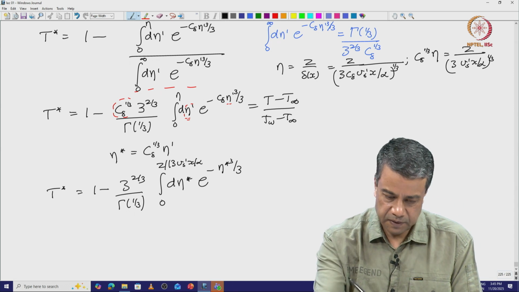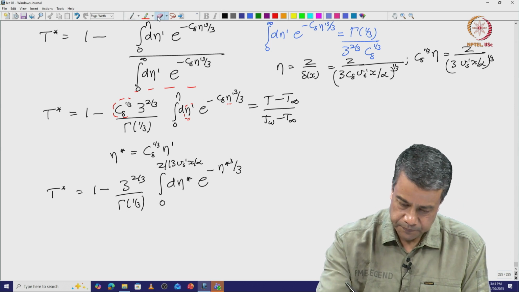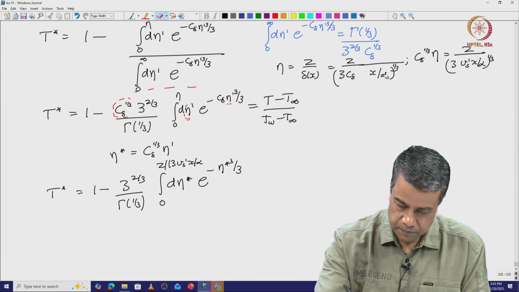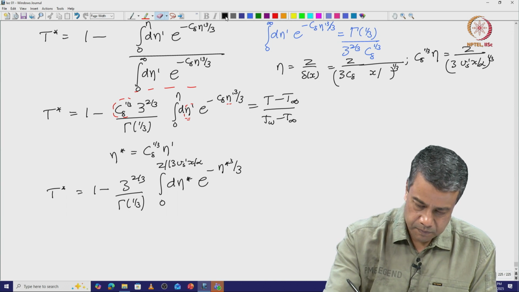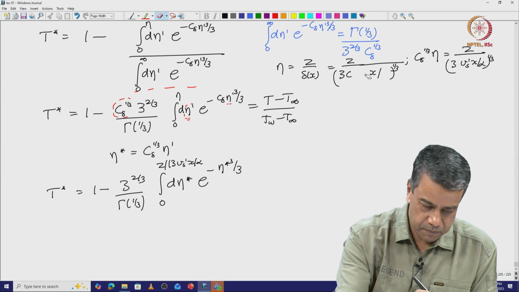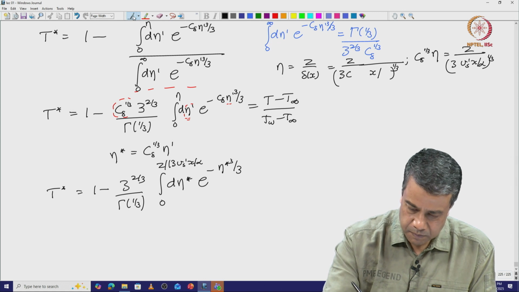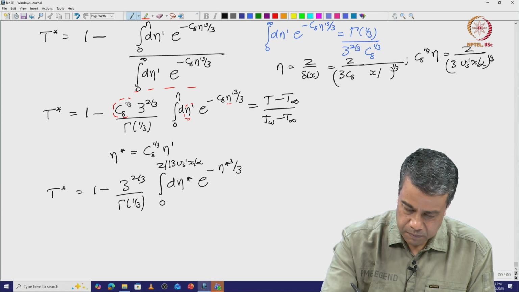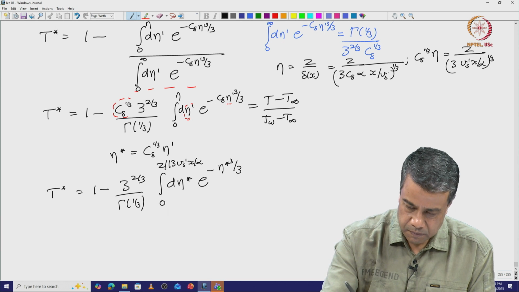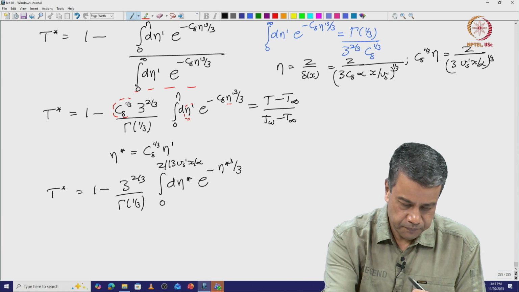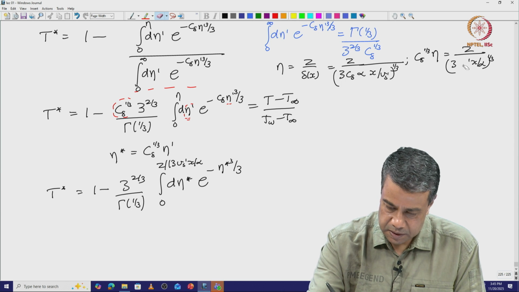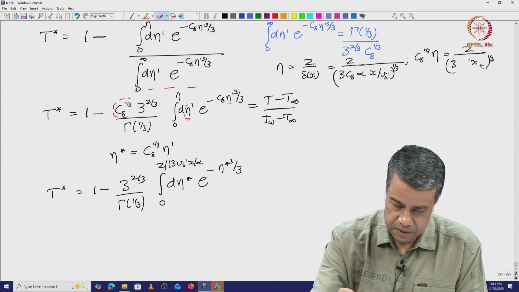Sorry, it should be alpha by v s prime. Interchange v s prime and alpha in the equations. So, this will be